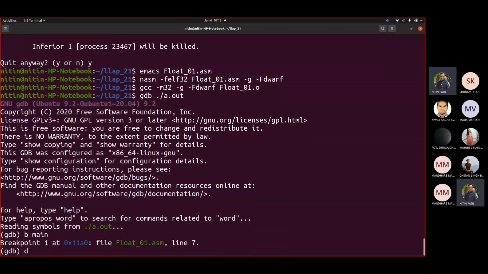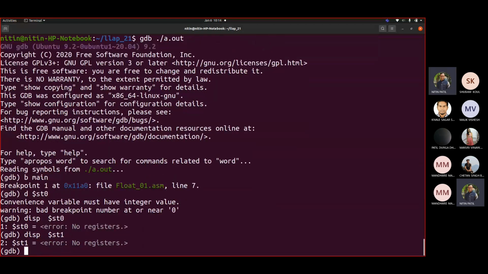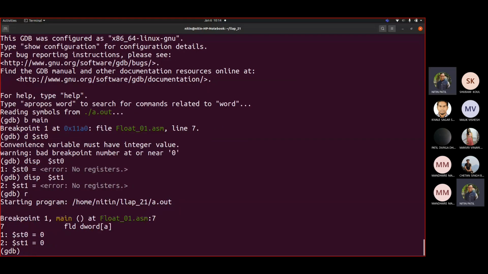So display $st0. Sorry, I should have written this st0 st1. So breakpoint main run. Now we are writing dword of a.